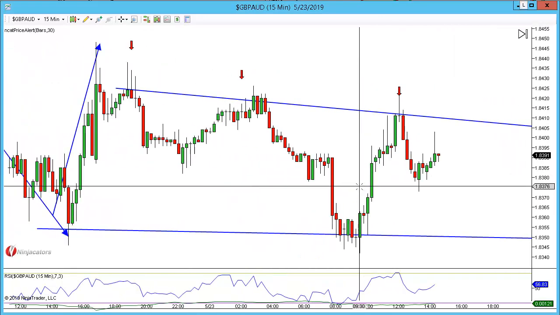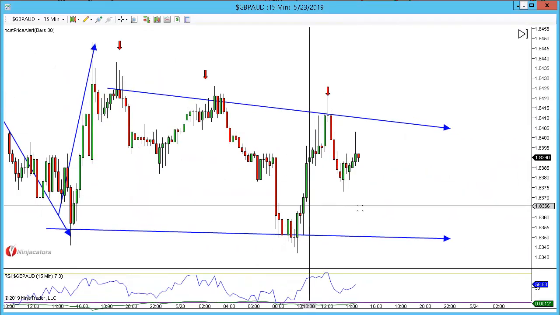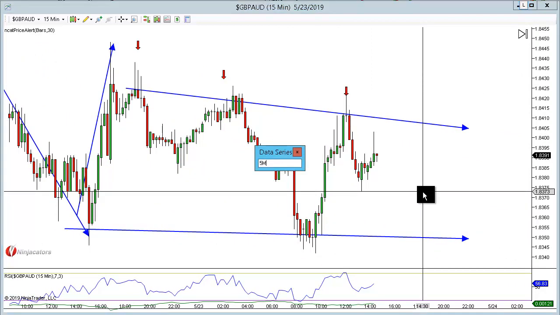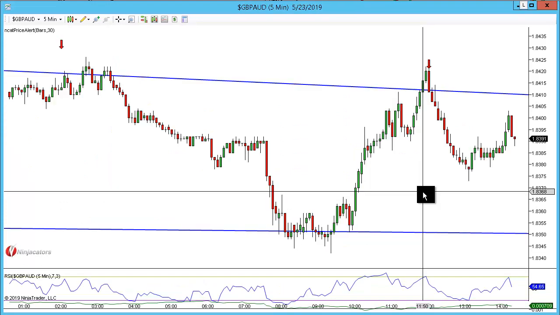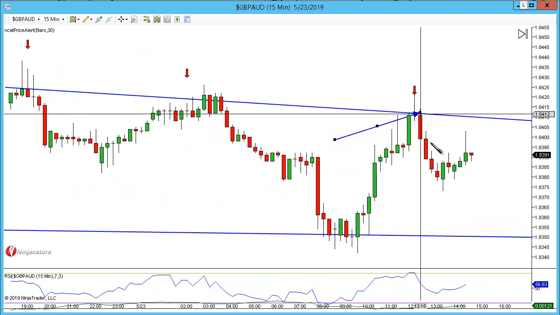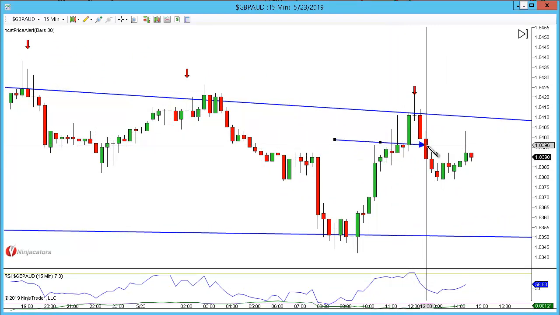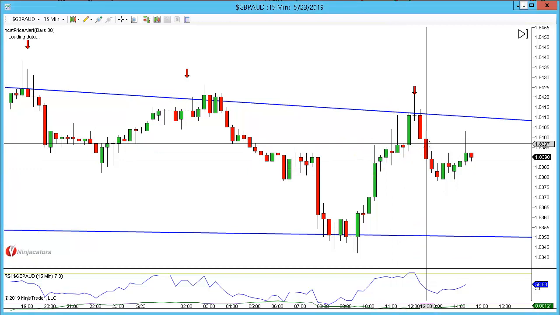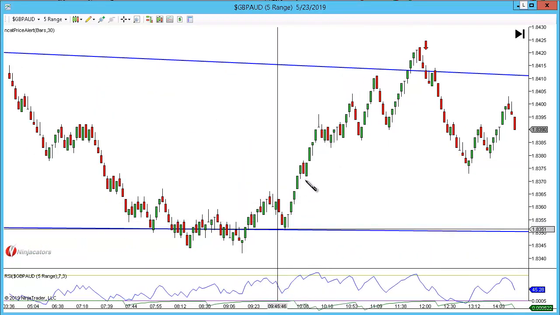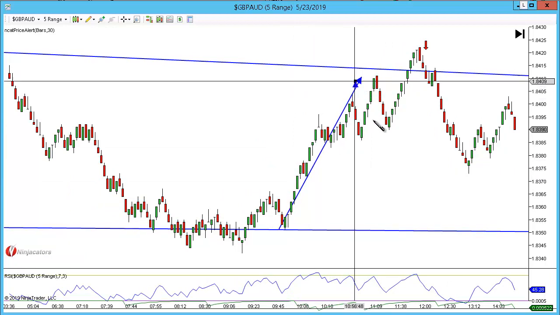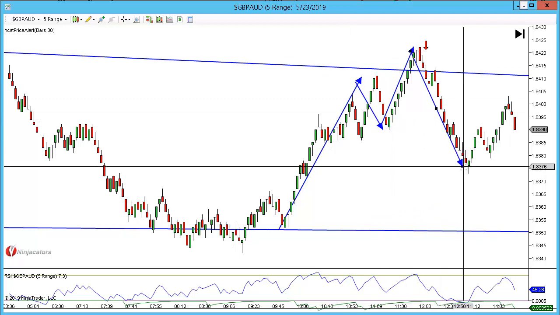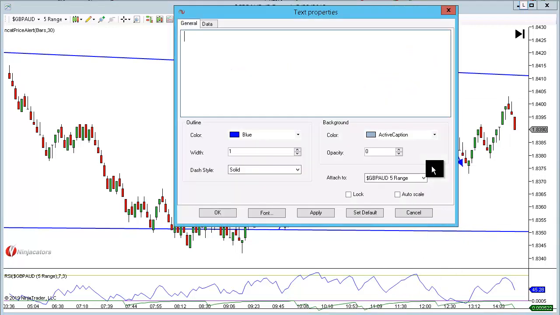Here on the 15, you can see we're adhering to this channel, and if we go down to the 5, sorry, I'm going to go back to the 15. Look at the lovely 3-bar reversal we had up here. I was actually waiting for this to be a head and shoulders, which is what I've used on the 5 range as the entry. So I'm looking at a move higher here, a pull back for the left shoulder, a move higher, which is the head, a pull back. Right here we have an initial structure low,